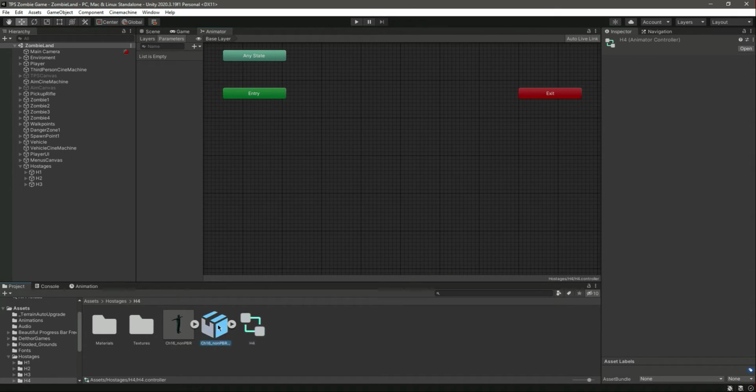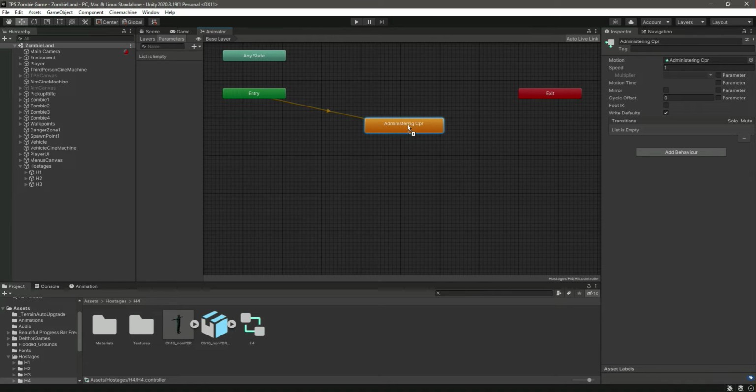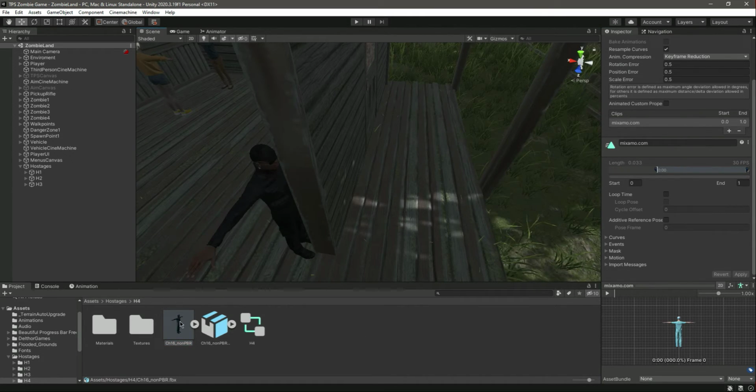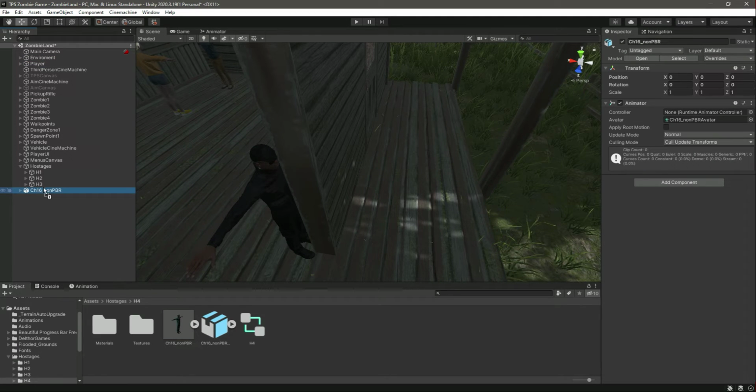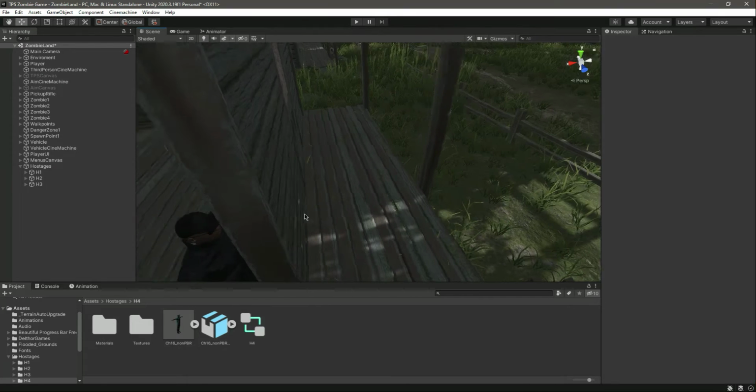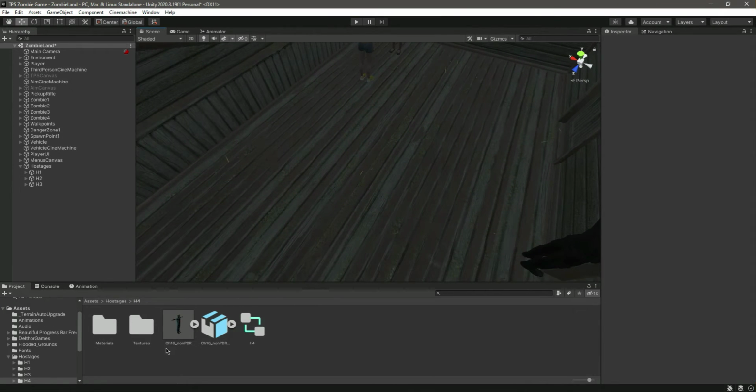And in here, drag and drop that, and double click on it. Click on loop time, and that's it. As you can see. Now add this there. Oops. Let me go in here. Let's add this